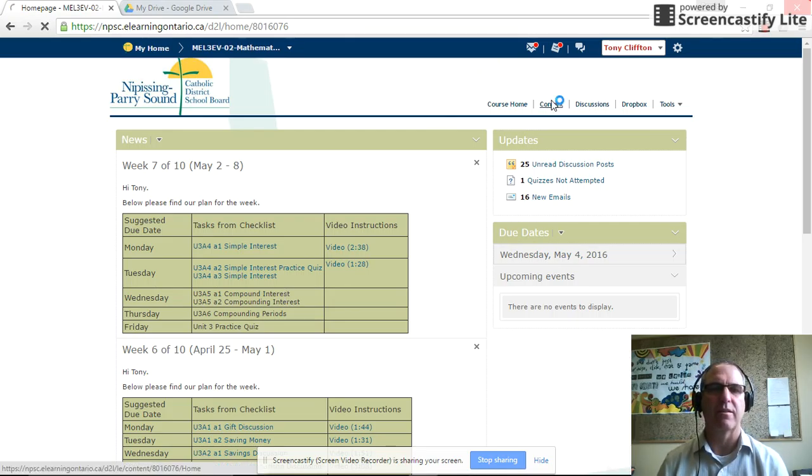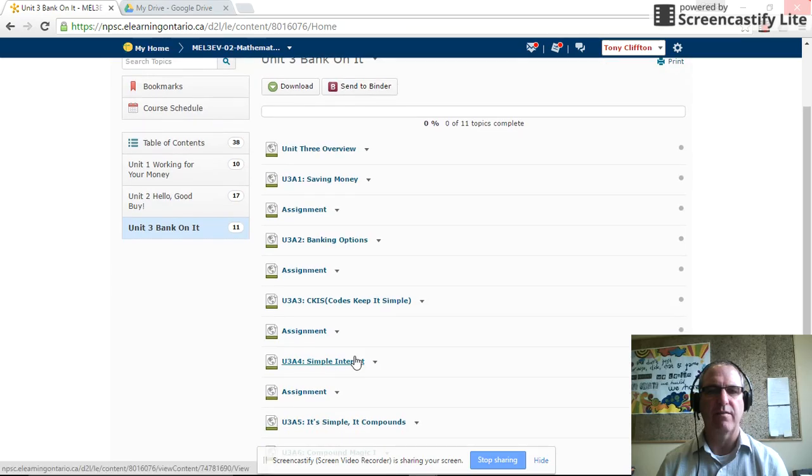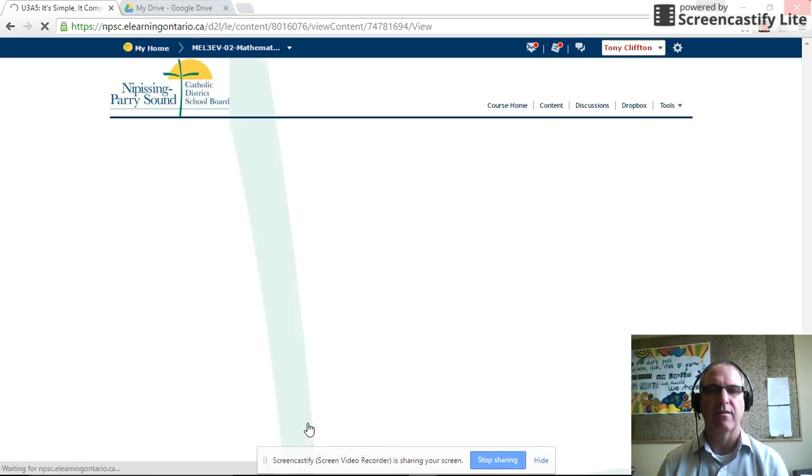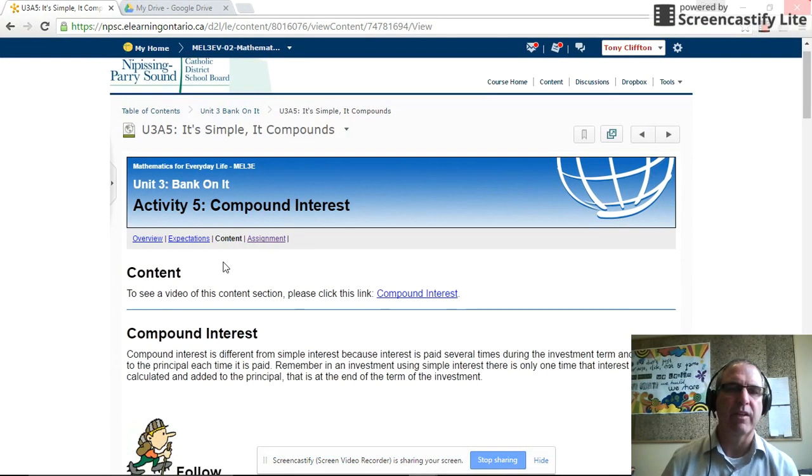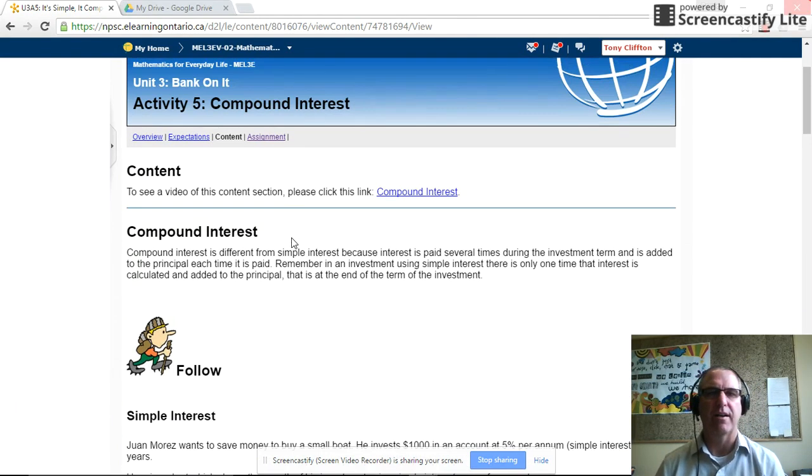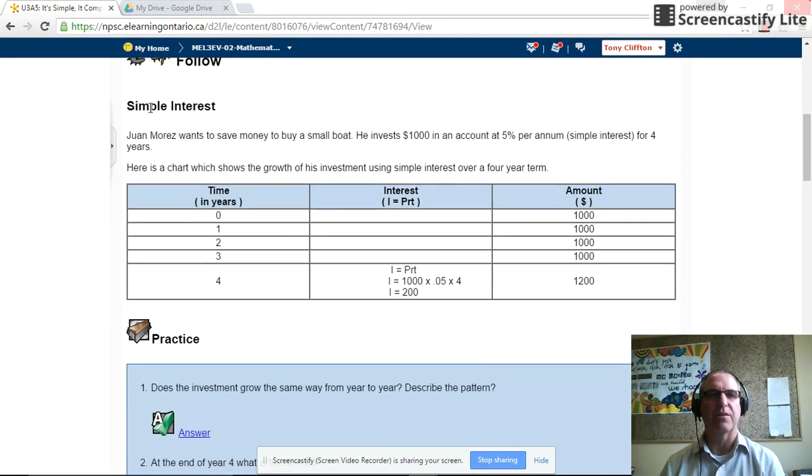So if I go to Content, Unit 3, Activity 5, you're going to see an example of simple interest first. Okay, so let's just review what simple interest is. You take this formula: interest is equal to the principal, in other words, the amount of money we're starting with, the rate, the interest rate, and the time of the investment expressed in years. Okay, so in this case, there's $1,000 that we're starting with,